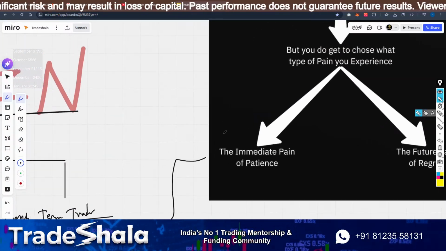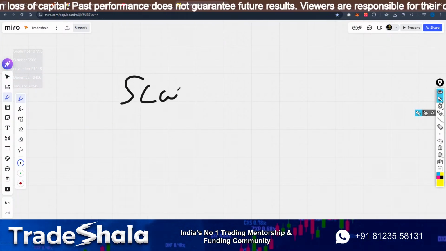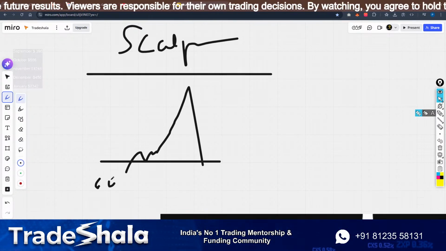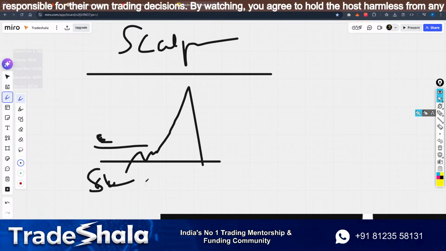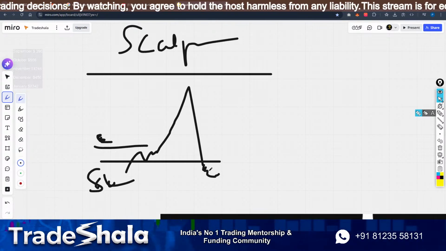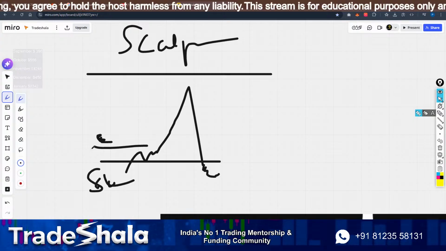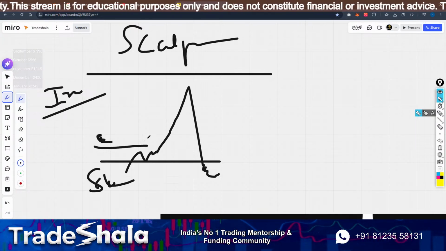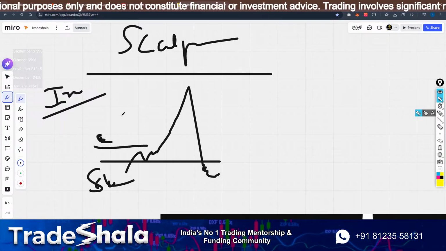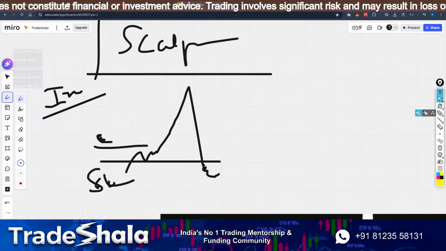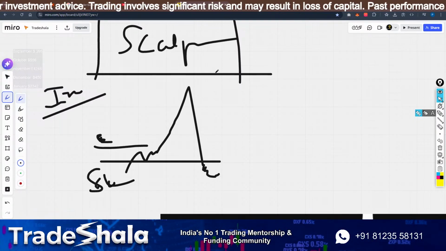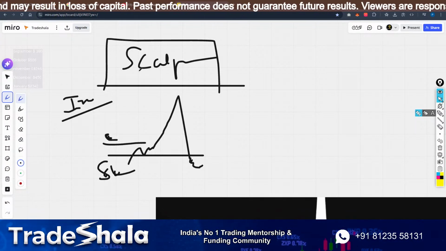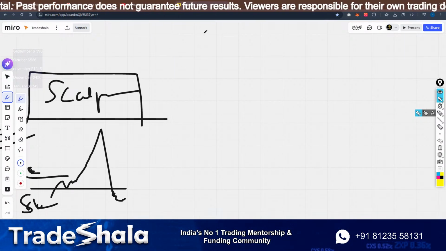Okay, so if you're a scalper and you're taking a trade, suddenly it will go up, suddenly it will come and hit your stop loss. If this is your stop loss, that is it, you're done. That is what being a scalper means. This is immediate pain. Many people cannot handle this pain because it tends to push people to revenge trade and all that. But the most profitable traders are always scalpers, because you can target 1:5, 10 RR, something like that. So even if you lose multiple times, you should take it and then come back and try again. You shouldn't let the money demotivate you.